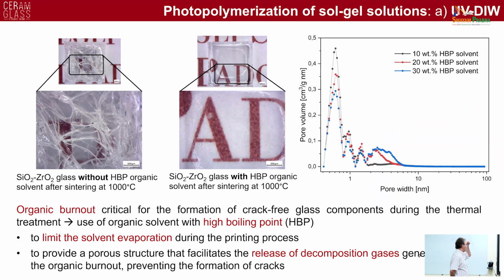So we were able to print parts, and at the beginning we had issues because we were working without adding a high boiling point solvent. After sintering, the material was transparent, but we had a lot of cracks. After adding the high boiling point organic solvent, and after sintering, you can see that we can obtain a fully transparent